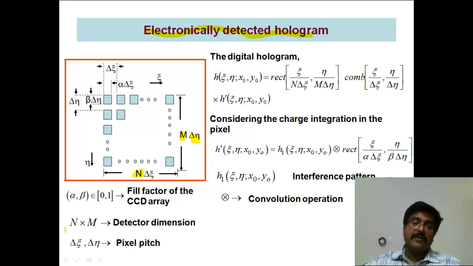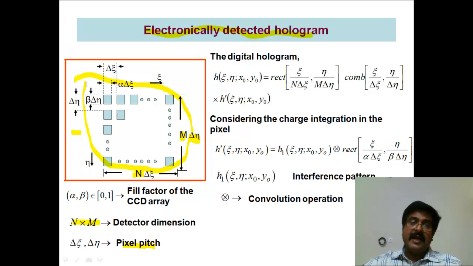So totally n cross m pixels, delta psi and delta eta are the pixel pitch. And there are numbers alpha and beta whose values lie between 0 and 1. This is the fill factor of the CCD array. So this is the diagram of